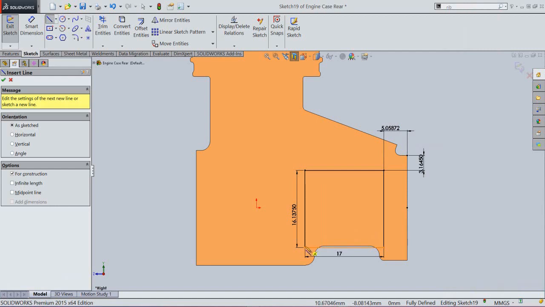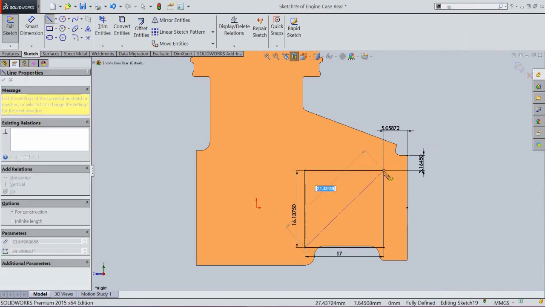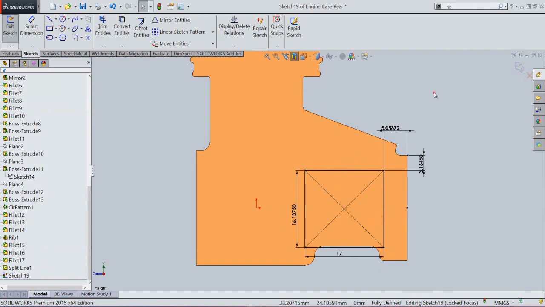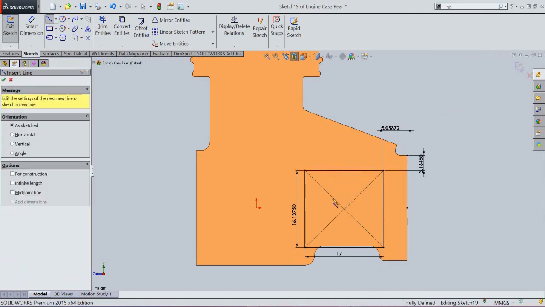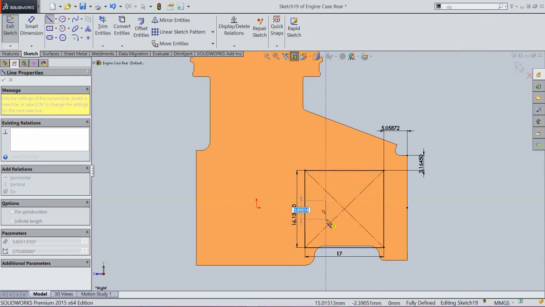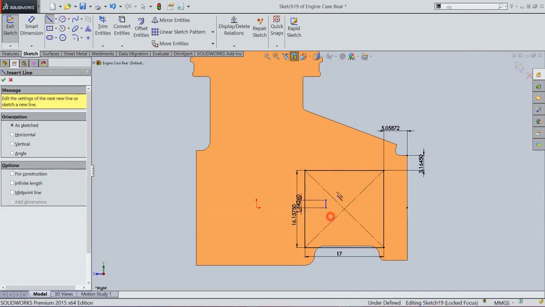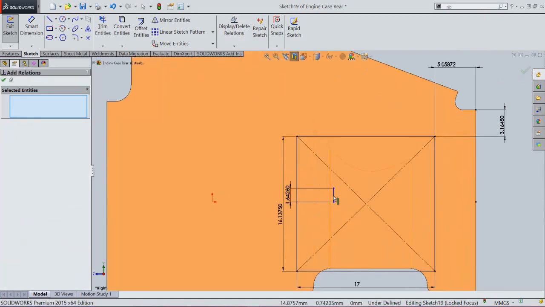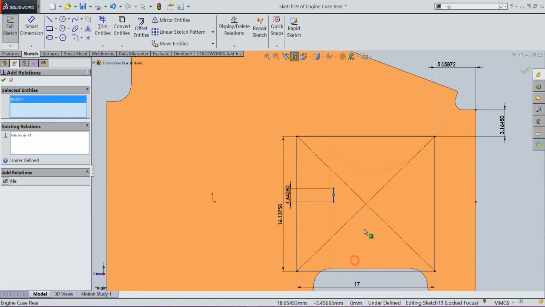Now create a construction line between these 2 points and create another line like this. Okay. Draw some more sketches. Now see. And activate the add relations command. Select the midpoint of this line and select the intersection point. Okay.